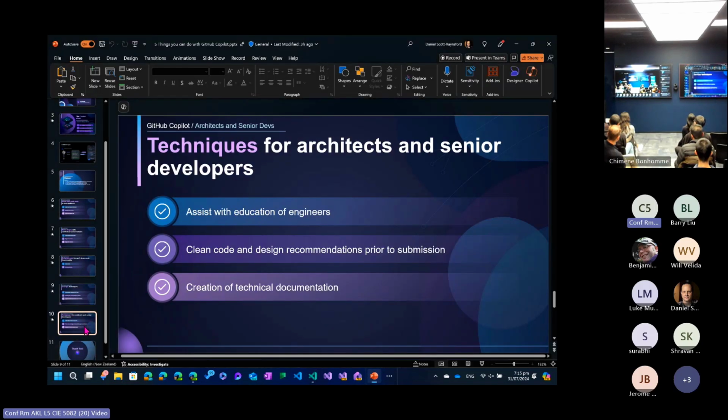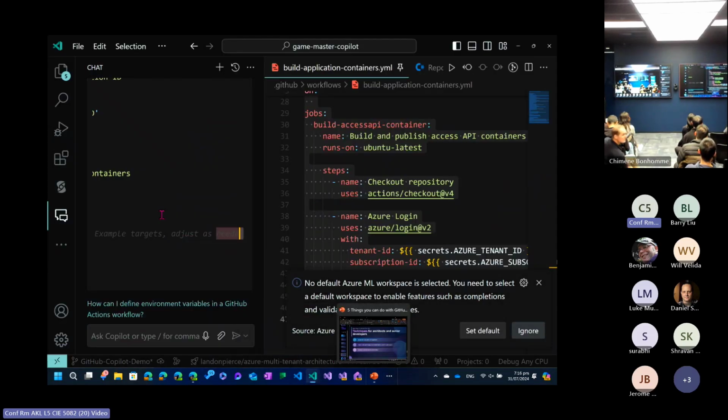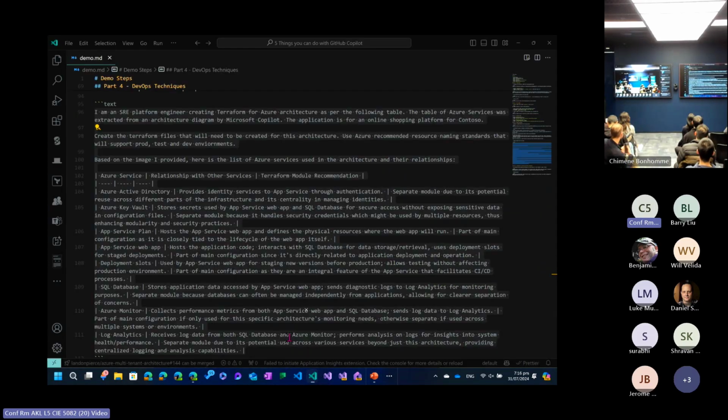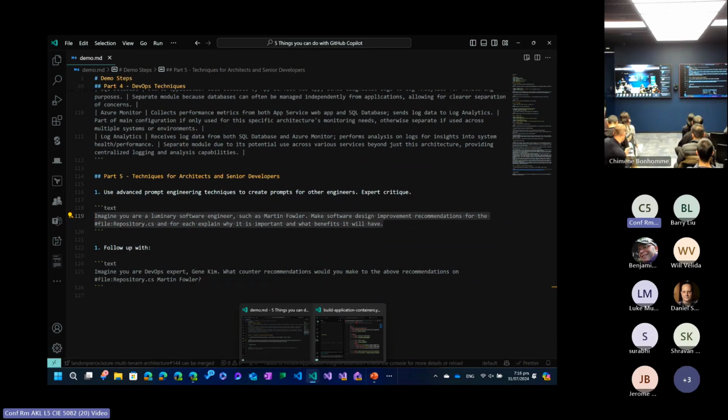All right, last one. So techniques for architects and senior developers. I have not forgotten all the architects and senior developers in the room. I'm going to give you one last prompt. I do have two, but I'm going to give you one. So this is a prompt engineering technique that if you are at all using AI or thinking about AI, it is called a